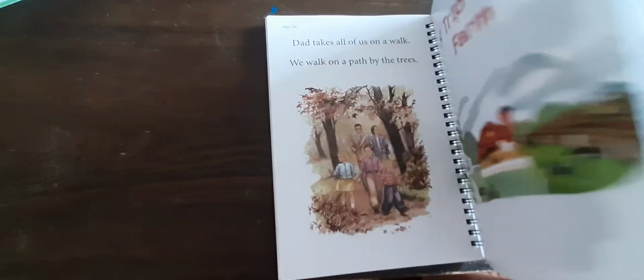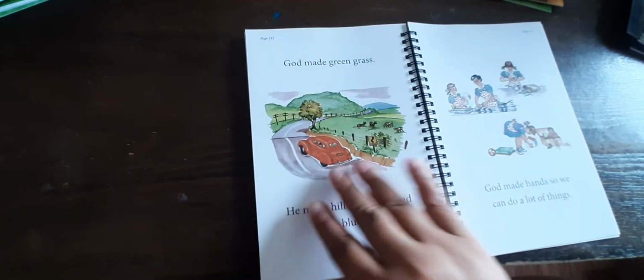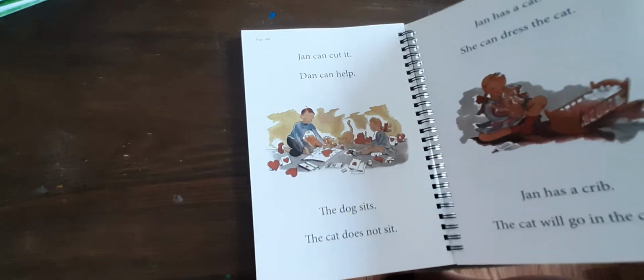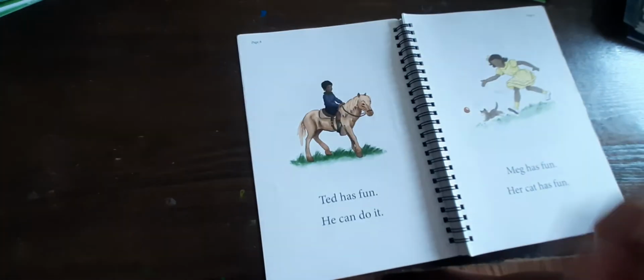Okay, the reader. I'm just going to flip through it really quickly. I'm doing this all one-handed because I'm holding my camera with my other hand. You're prompted exactly when to read from this book. It not only prompts you in the course book, but it also prompts you in here at the beginning of each reading section when to start it. A lot of people have questions about that, but it does tell you right here on this page, section 1. After completing lesson 54 and lesson K, the child should read